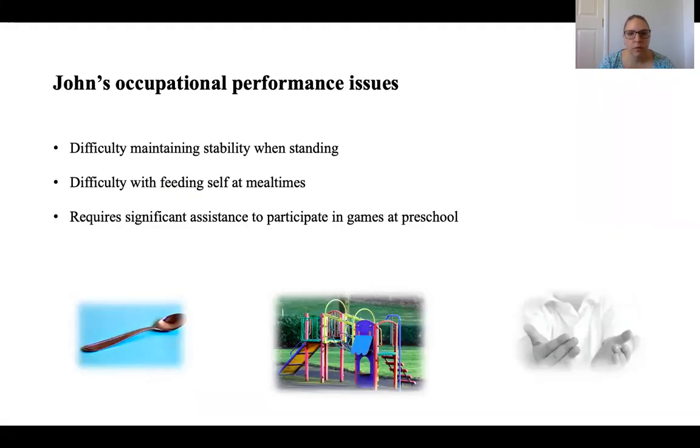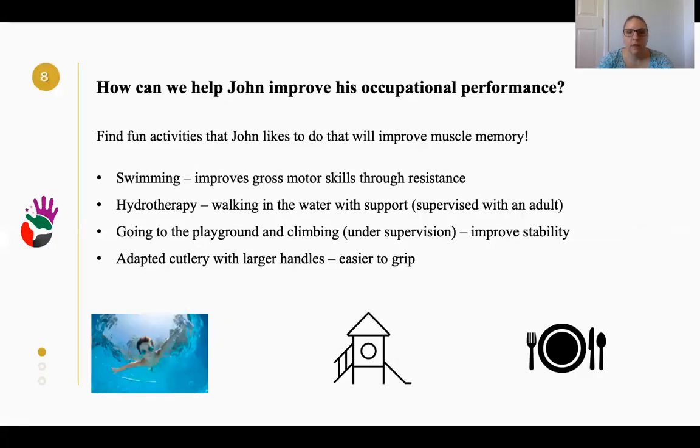preschool. So from there we look at, what are the main issues here? Difficulty maintaining stability when standing, difficulty with feeding himself at meal times, and also requiring significant assistance to participate in games at preschool. So he just needs a bit of help. That's okay. So how do we help John improve his occupational